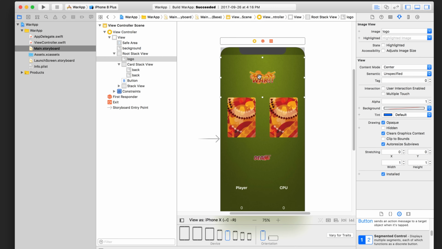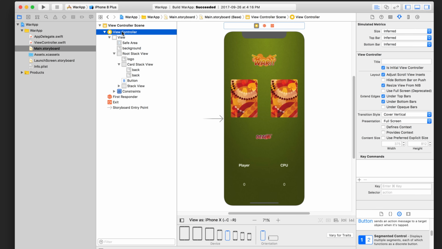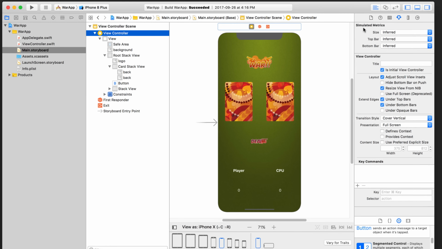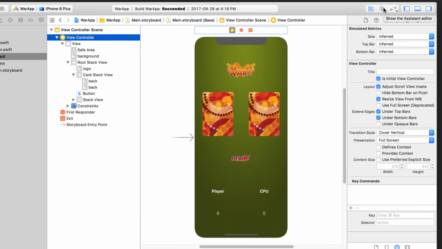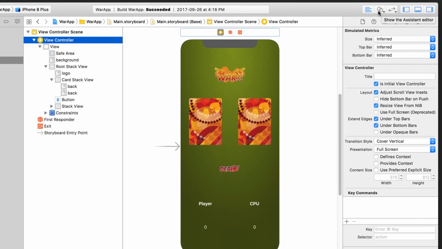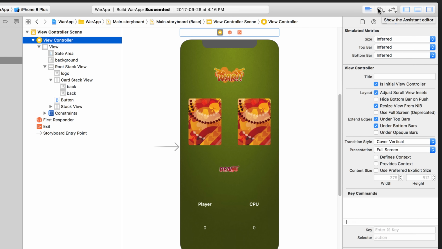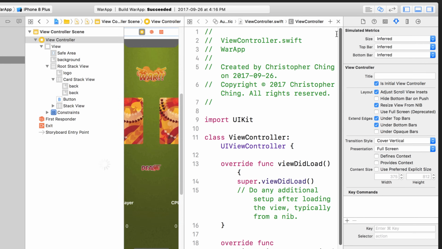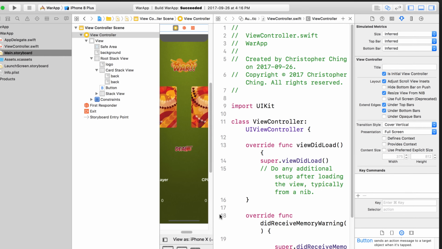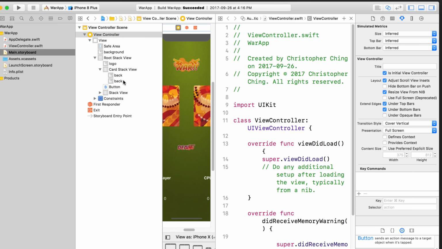Now there are multiple ways of doing it, but the easiest way is just to select the view controller here in the document outline to make sure that you have it highlighted, and then go over here in the upper right hand corner and click on this little icon that looks like two interjoining circles. This is what's known as the assistant editor, and it basically splits your screen into two. So on the left hand side you can view your storyboard, and then on the right hand side you can